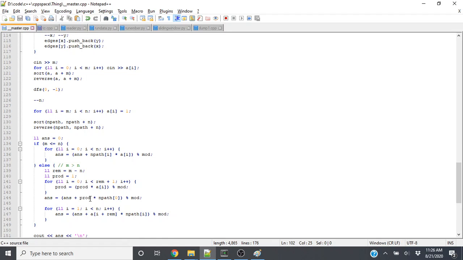Setting end path. So n is greater than or equal to 2, which means we're going to have at least 1 and n minus 1. Then